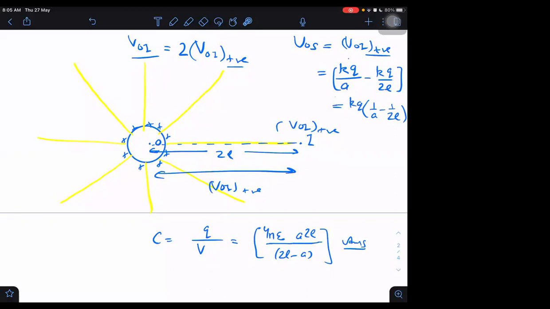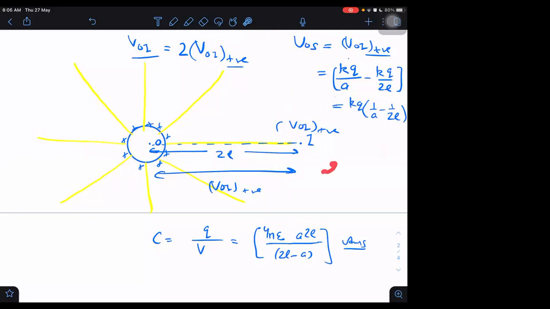So I'm thinking it will be very stupid on the part of the examiner to just ask this question, in which I have to just take it like an isolated sphere. At least it will be stupid on our part that we are just treating it like an isolated sphere as if the sheet is not existing. It means he wants us to note down the effect of the conducting sheet. That's why he's asking this question. Otherwise, he would have very well asked us for an isolated sphere only. I also thought of initially neglecting this part, but then it will not make sense of asking this question. So we should not neglect it probably.